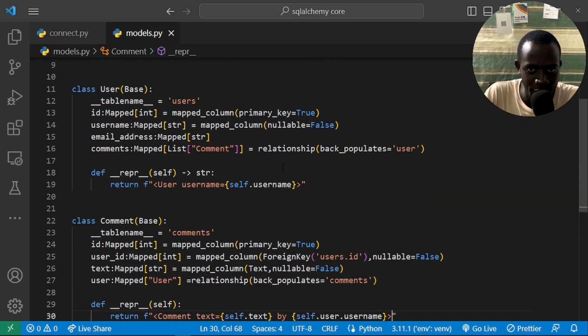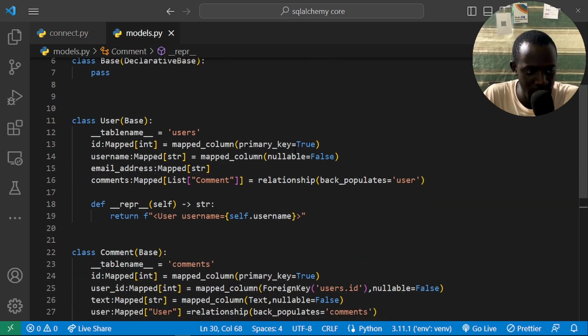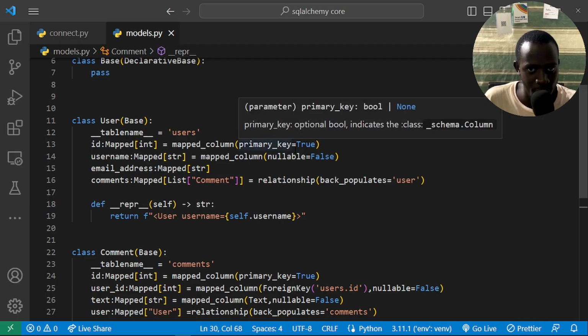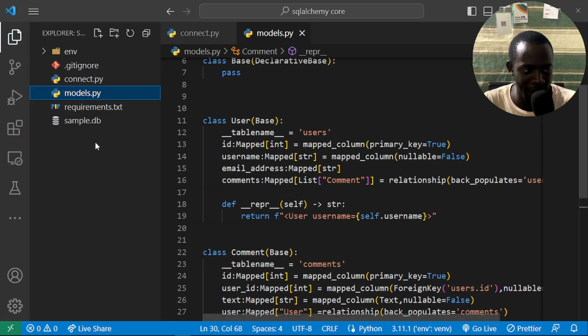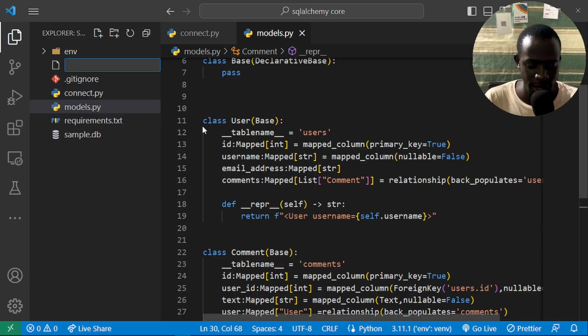So we've been able to define our database models, and using these database models, we're going to be able to create objects, and then those objects we shall use an object-oriented approach to save to our database. However, at this point, we have not been able to write these tables to an actual database. So for us to do that, we shall go ahead and create a new file, and I'm going to call this create